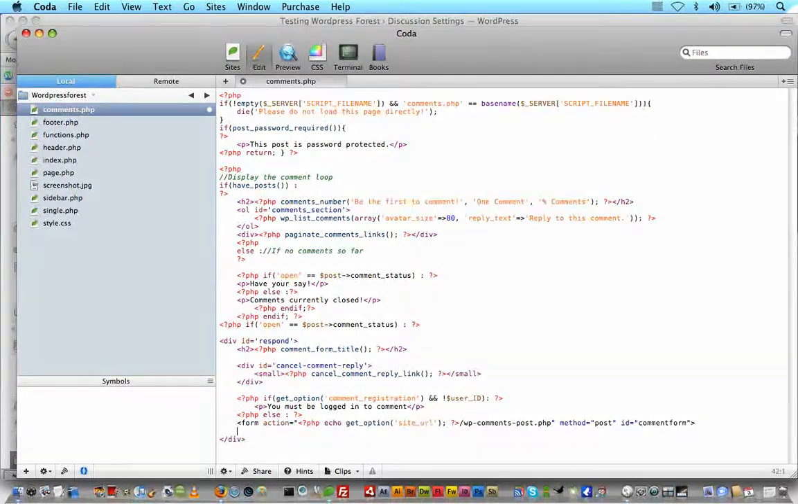Okay. Now we'll scroll down and we'll give another PHP if, and now we're going to check to see if the user is logged in. Like you'll remember that we discussed last time, if the admin is logged in, like if I'm logged in as the administrator, obviously I don't need to fill out my name and my email and my website, because WordPress already knows all of this information. So all that needs to be displayed is the text area. So we'll say if user ID,